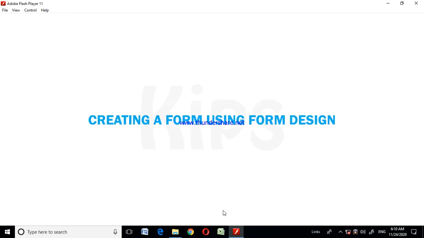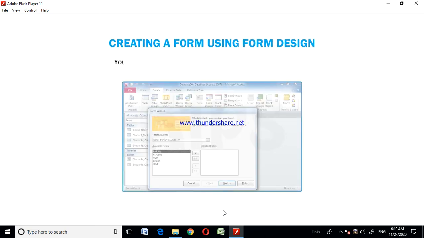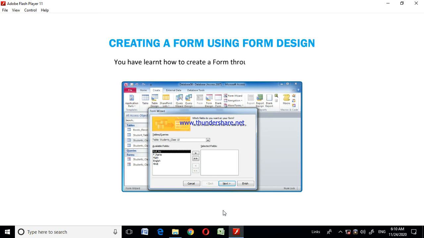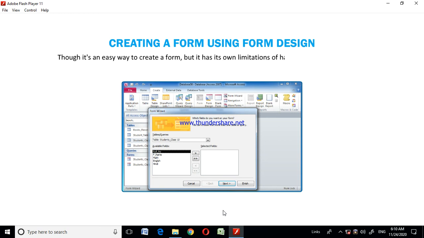Alright, now let me tell you how to create a form using Form Design. You have learned how to create a form through the Form Wizard. Though it is an easy way to create a form, it has its own limitation of having a fixed format. That is, all the fields appear in the preset order at a fixed position in the form. On the other hand,